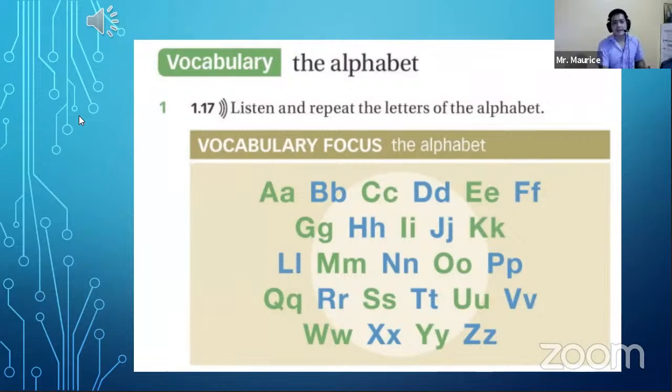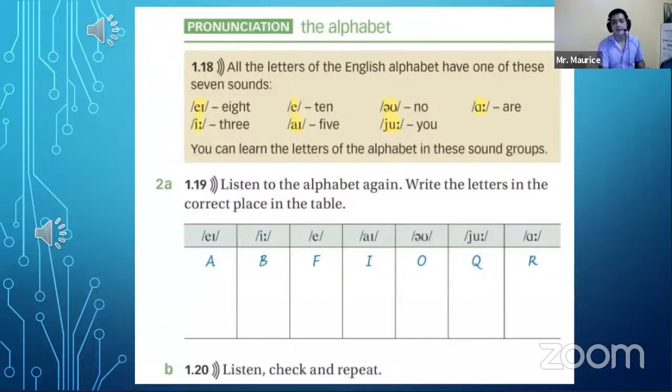Now, we need to practice in a different way. So let's move on to the next part. Now, listen. In this activity, we're going to learn that in the English alphabet, we have 7 sounds. 1, 2, 3, 4, 5, 6, 7. We have 7 different sounds. En el alfabeto vamos a encontrar 7 sonidos diferentes. The ones you see here,